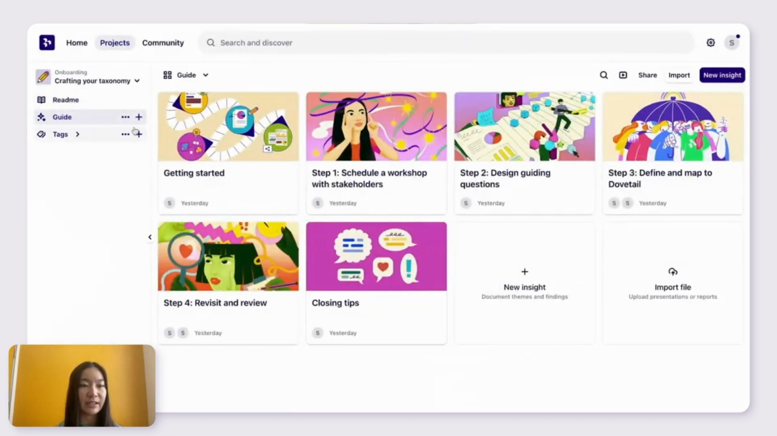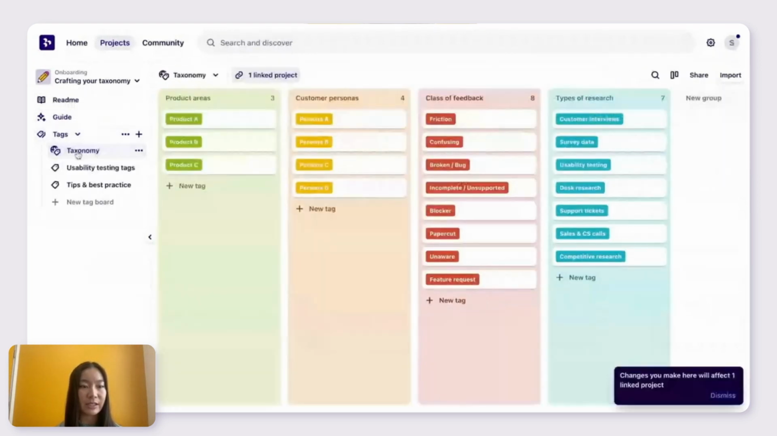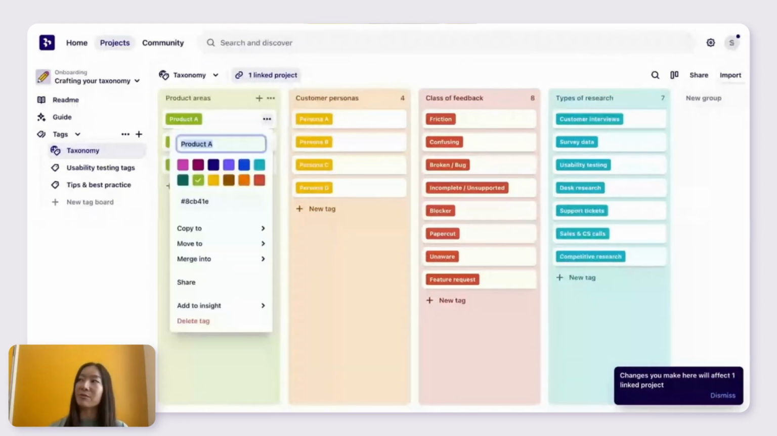On the left-hand side here, you'll have the tags. You can click into this taxonomy tag board, which will automatically be there as part of this template. And you'll notice here, I've mapped out different tag groups based on each of those guiding questions we talked about. So you can fill in your different product areas, your personas, some examples of the class of feedback that we use here at Dovetail, and then some examples of types of research. So you can just come in here and say, if I were to fill this out for Dovetail, maybe we have the web app,